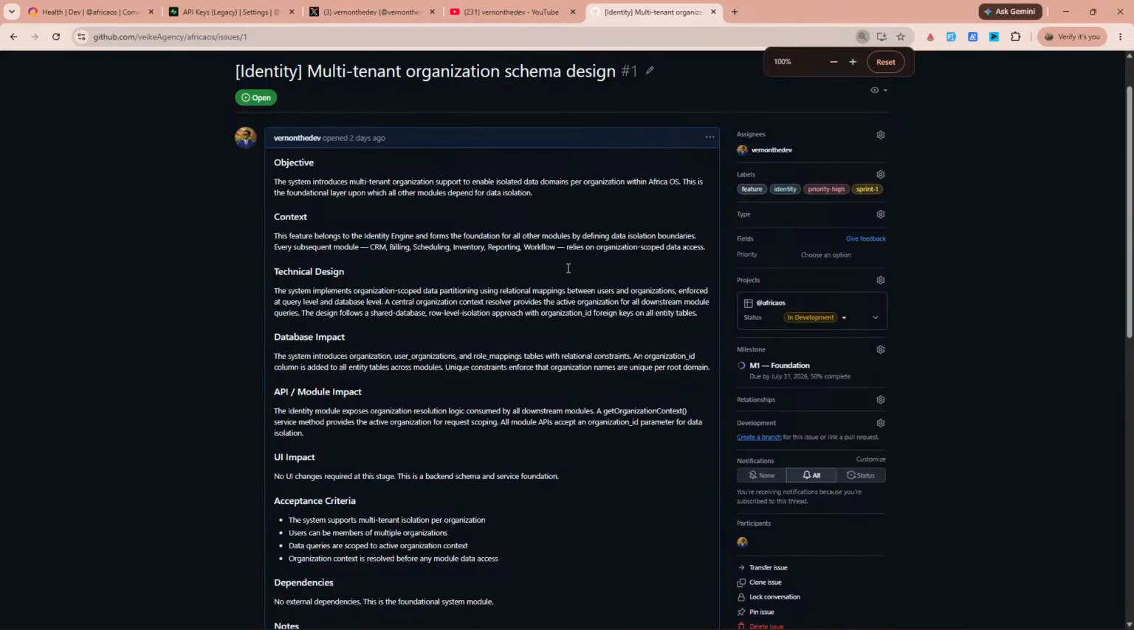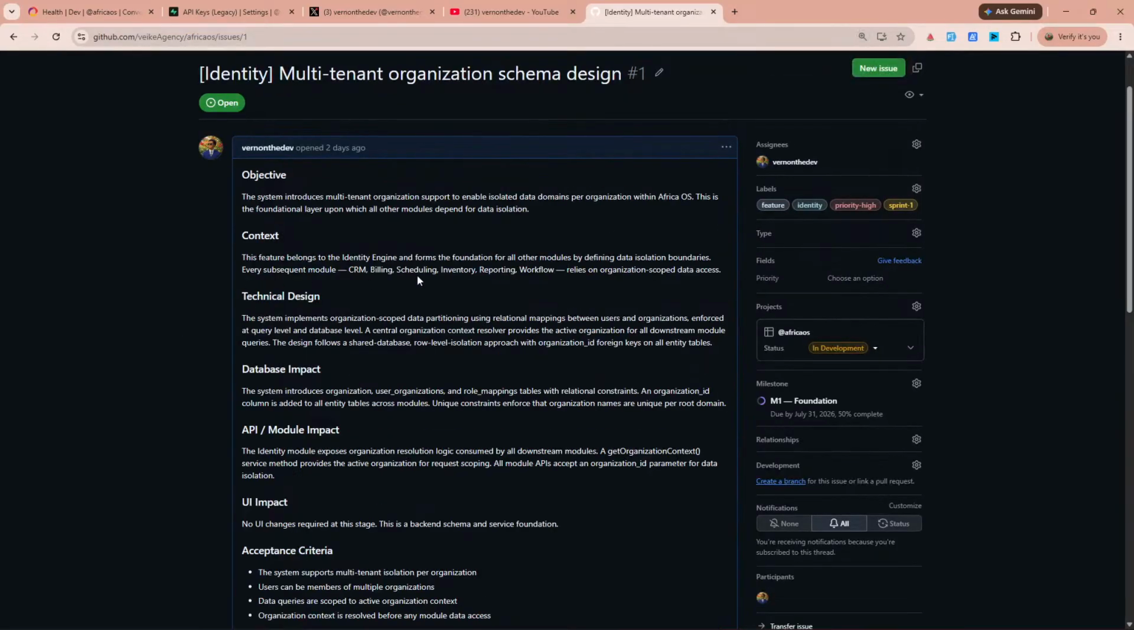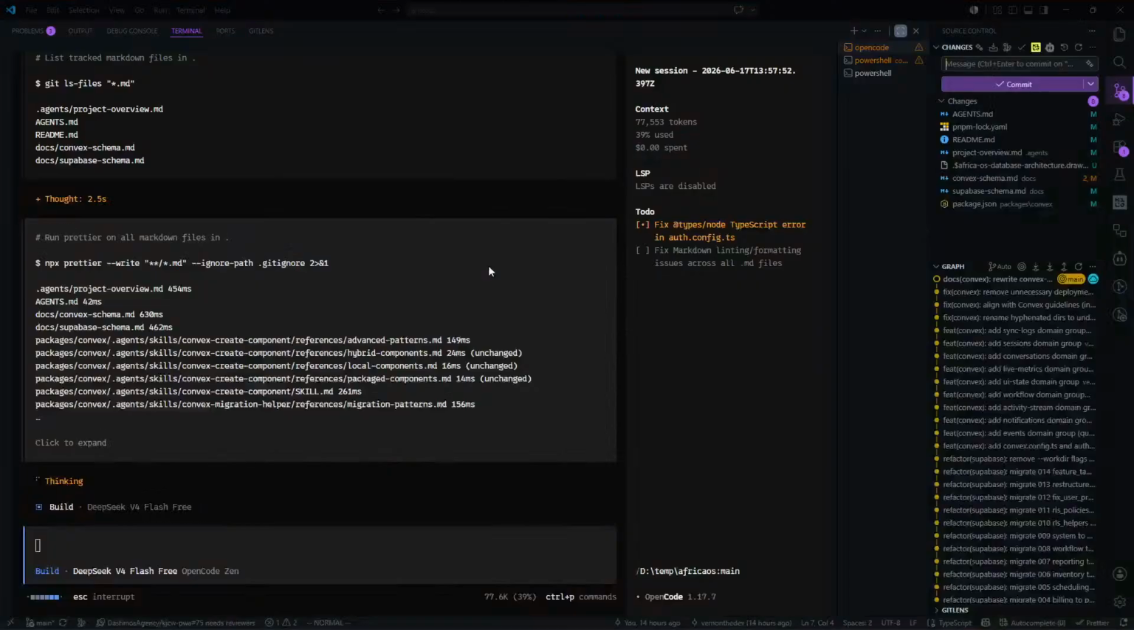So we can go through the issue and see where we are right now. We can see that the objective right now is introducing the multi-tenant organization support, isolated data domains per organization. So this isolated organization support is